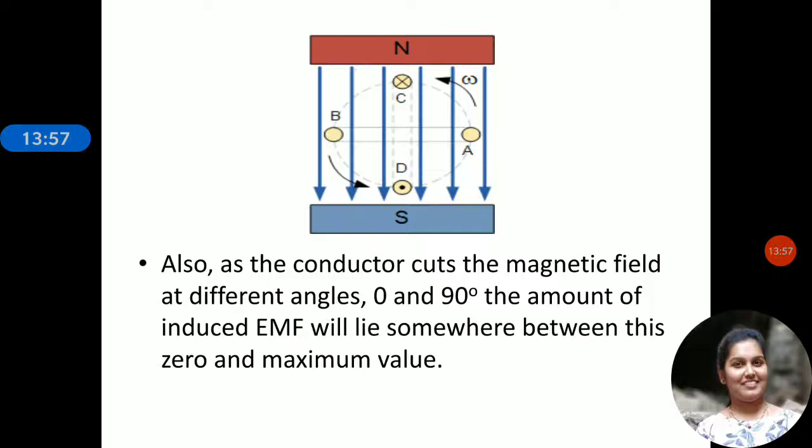So with this we got to know that for the production of an AC signal, that is an alternating signal, the basic law used here is Faraday's laws of electromagnetic induction. It is based on one point: when a current carrying conductor is placed in a uniform magnetic field, an EMF will be induced based on the movement of the current carrying conductor in the magnetic field.